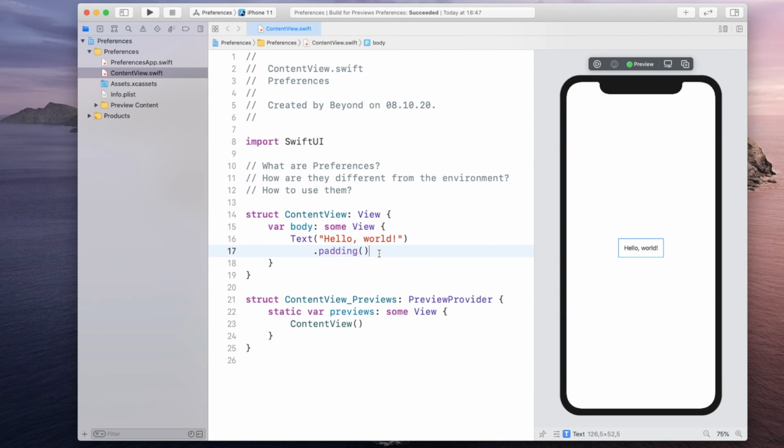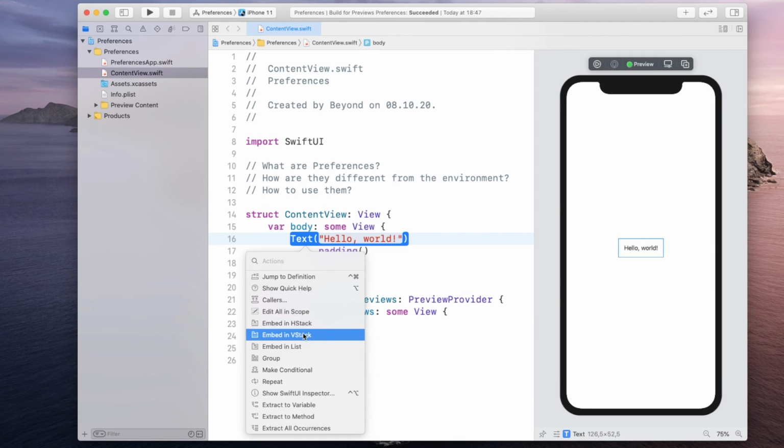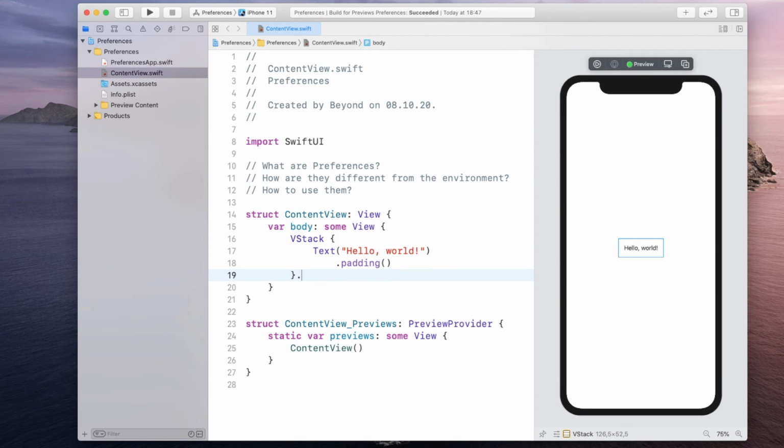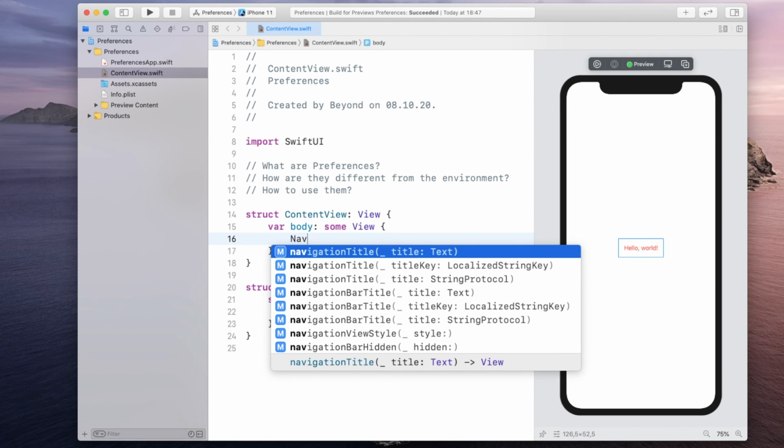Now, in the previous video, we talked about how setting the environment allowed a child view to be able to read from the environment. So we had the example where this text was inside of a vertical stack, and setting the foreground color would also allow the child to read from the environment. However, there's also the possibility for the other way. Let's have a look at this. So if we had, instead of this VStack, a navigation view,